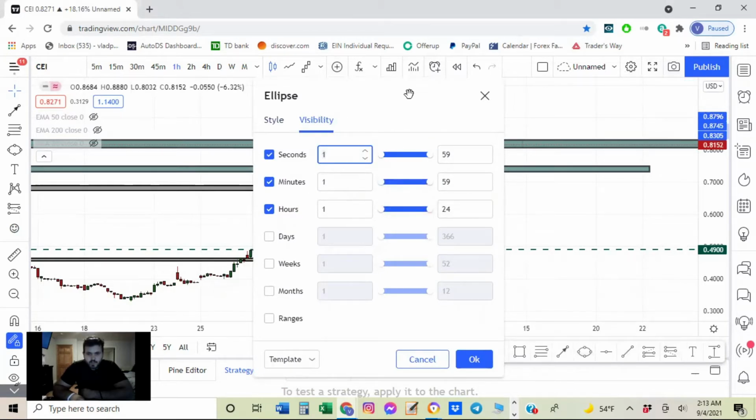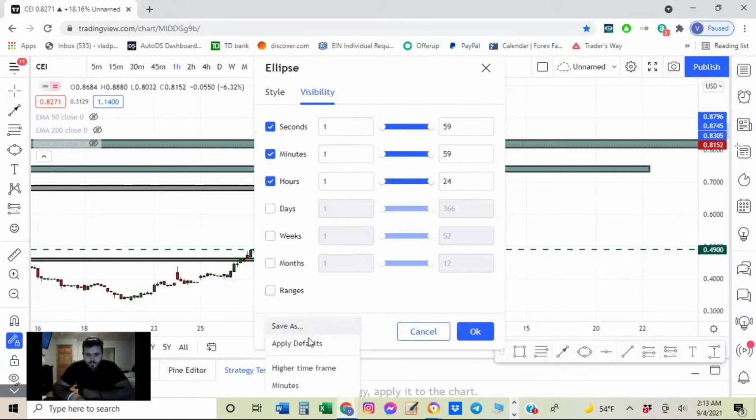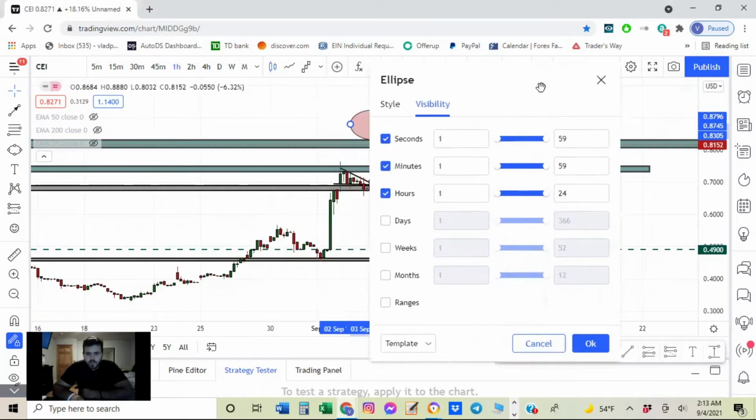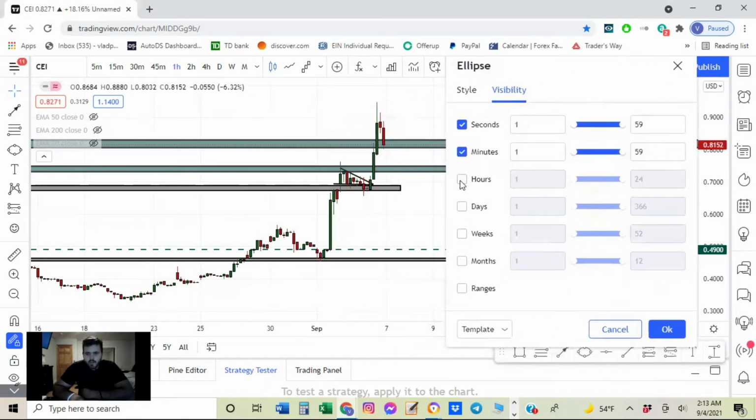So you go right here, visibility. Here you click off which one you need. Let's say right now, if you pay attention, I'll take off hours. Because I'm on the 1 hour, it does not show up, but I want the hours. So then you come here,